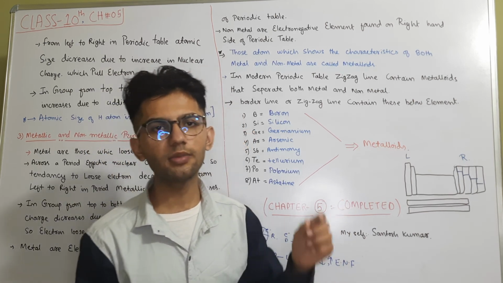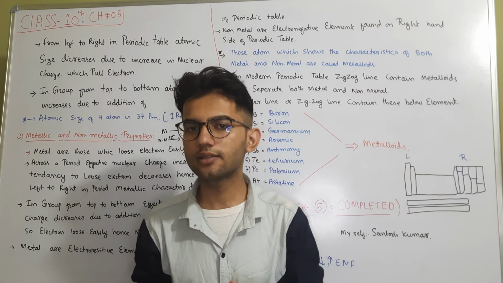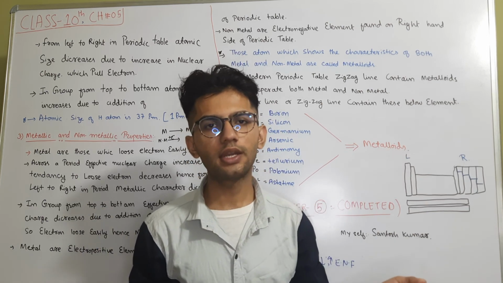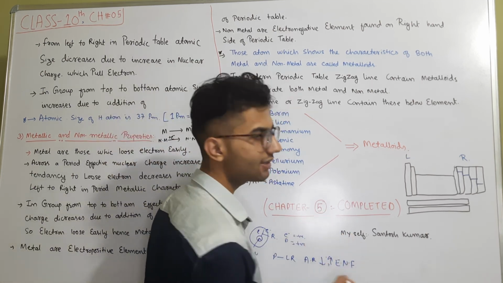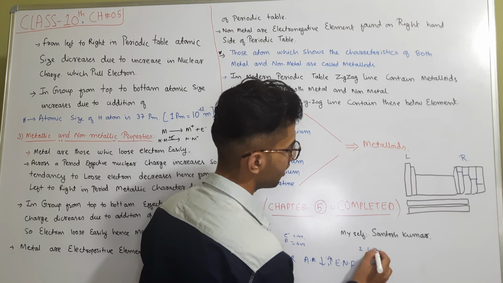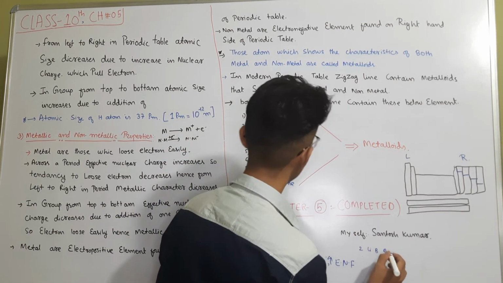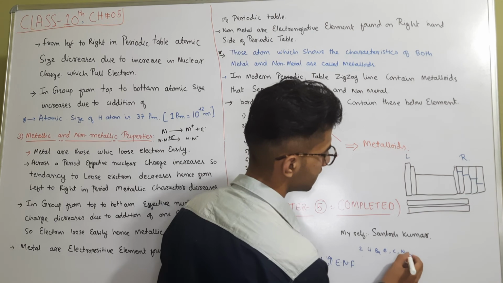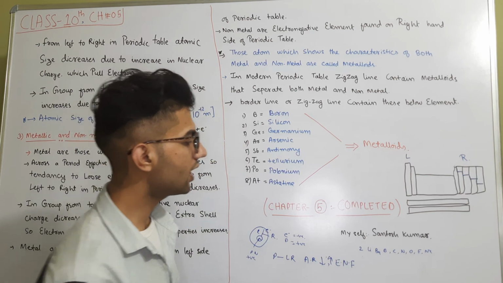It simply means that atoms in a period that are on the left side generally have a higher atomic size, a high radius, and those on the right side of the same period have a low atomic radius or low atomic size. To clarify with an example, take the second period. It contains elements like lithium, beryllium, boron, carbon, nitrogen, oxygen, fluorine and neon. These are the elements present in the second period.